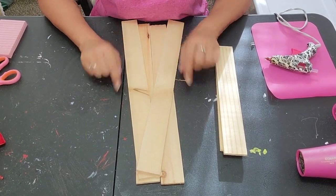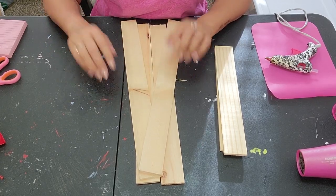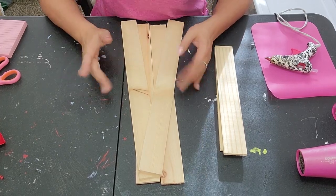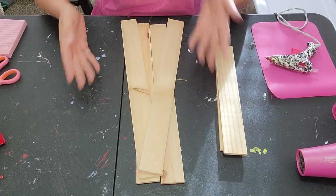This is going to be a reversible Scarecrow and Snowman sign that you can make for your house, the inside, the outside. Whether or not you have it inside or outside is going to depend on how you do certain things. Anyway,